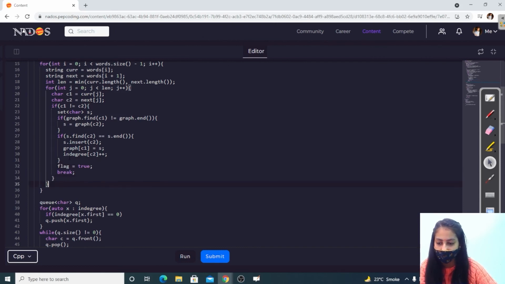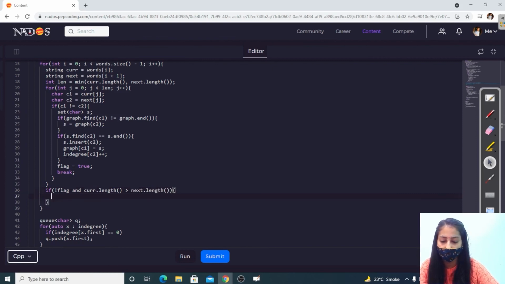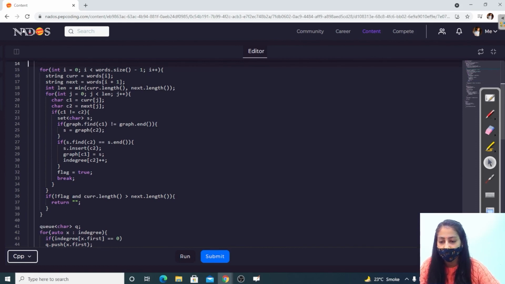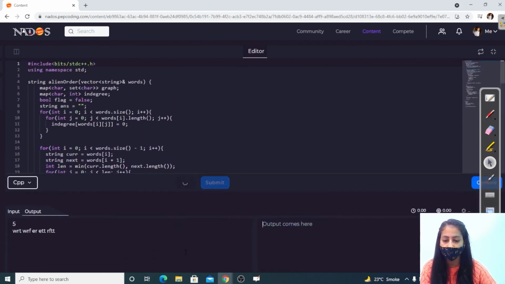After this, we check that if our flag is not true, that is, we are unable to find the mismatch character, and the length of the current string is greater than the next string, then this input is wrong, so we return an empty string in this case. So this is going to handle that case in which the input is wrong. This is the code. Let's try to run this.